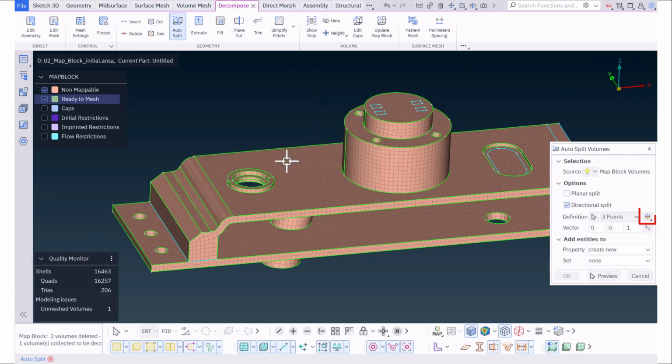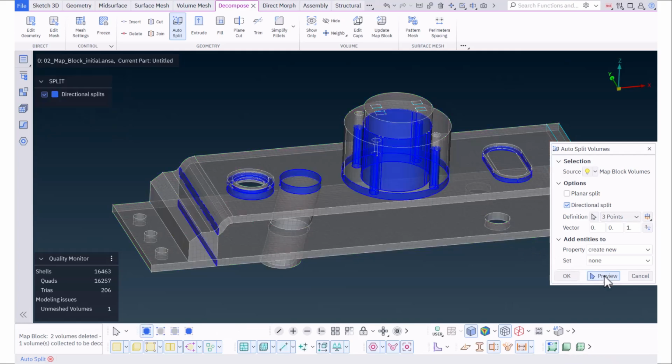The Both Sides option remains enabled, as Auto Split function retains the parameters from the previous split. Click Preview. The function detects splits in the chamfered part, the ringed hole, the groove, and the central cylindrical structure with the holes. In the inclined cylinder, the proposed splits do not align with the cylinder's inclination. We will cancel this specific split.